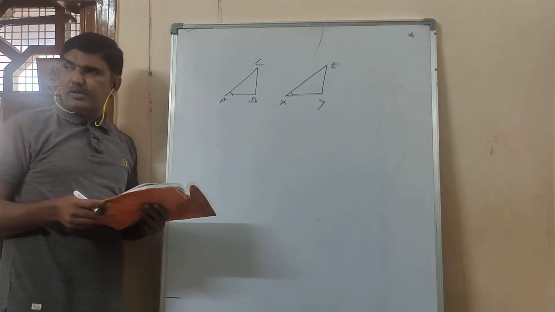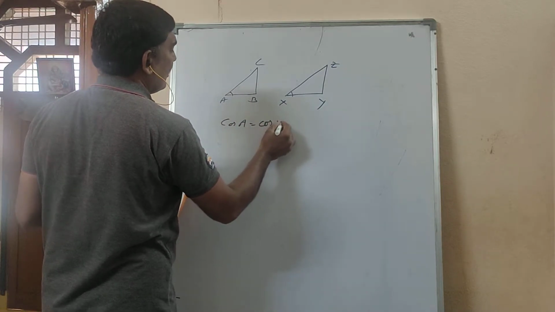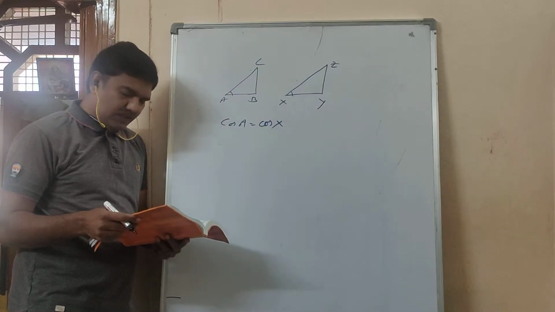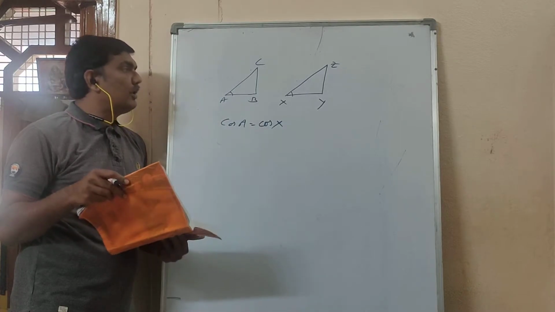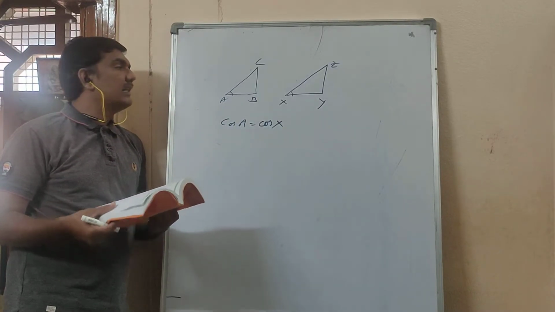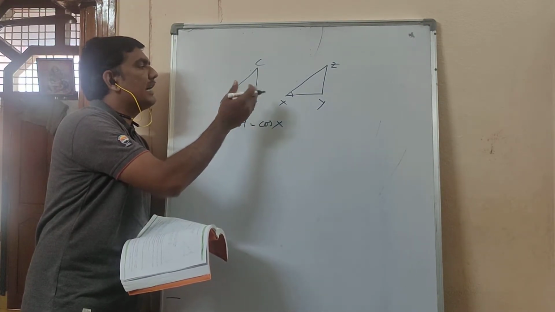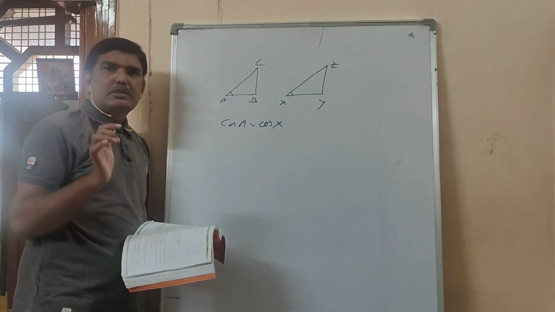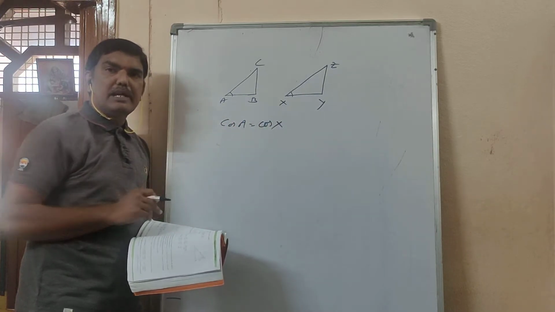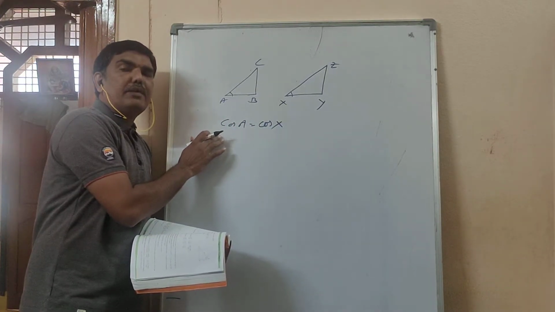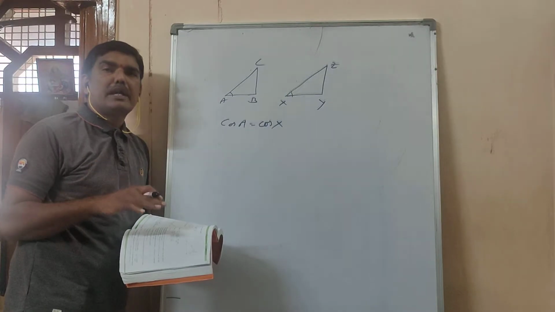And such that cos A is equal to cos X. He given that cos A is equal to cos X. Then you have to show that angle A is equal to angle X. So small one is cancel both sides cos and you will get angle A is equal to angle X. But if it is given for 4 marks question, you should not cancel cos and you can't write angle A is equal to angle X. You should not write like that.